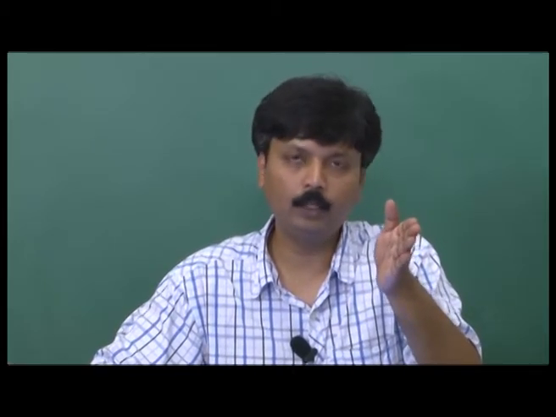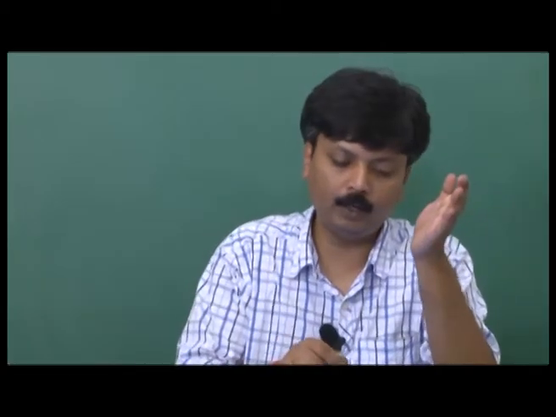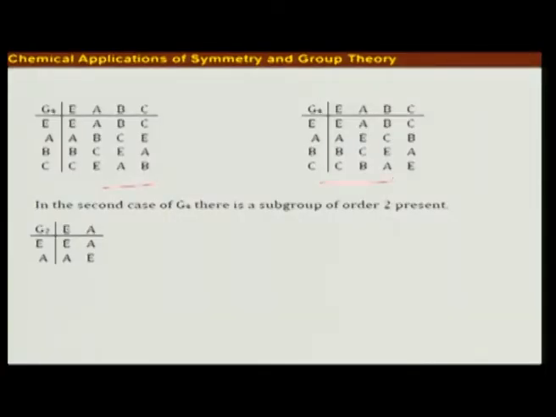We will not be deriving this group multiplication table. We showed one example with G3, the simplest one, and you should be able to form these two different G4s with that principle that you have already learned. One thing you can look at here is that from this G4 you can take out a subgroup which has an order 2, and an order 2 group will have a unique group multiplication table that we have already seen, that will be a G2. You can easily find out the group multiplication table for G2 from any of the two G4s.